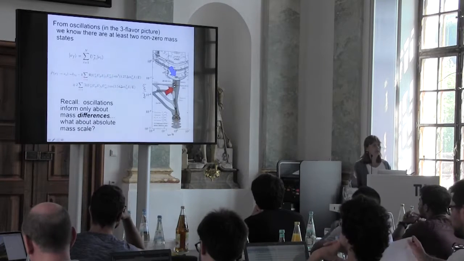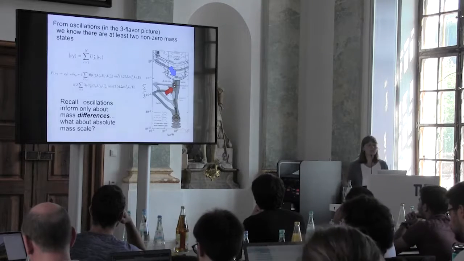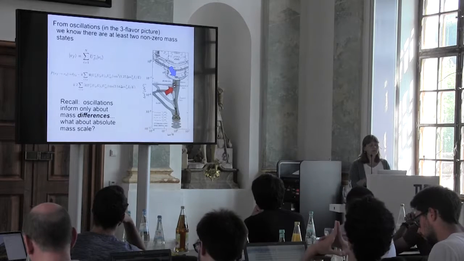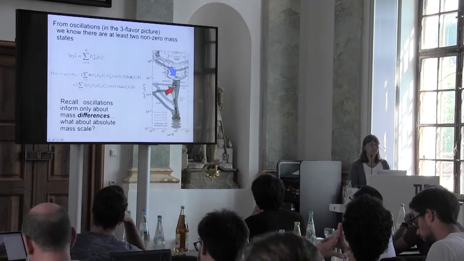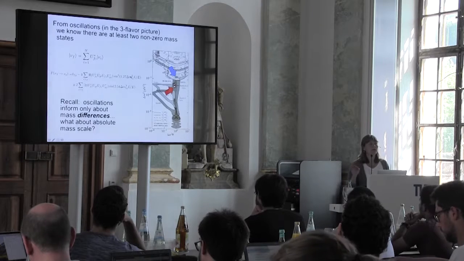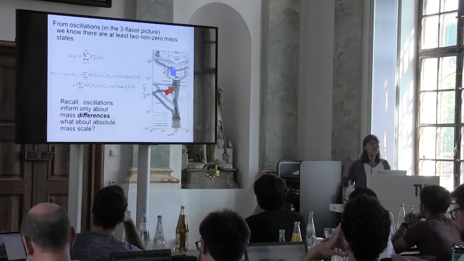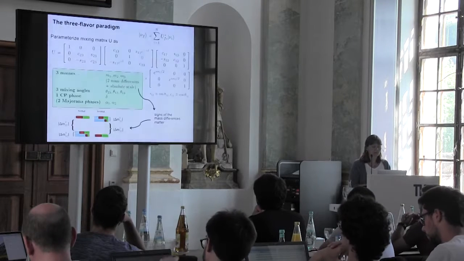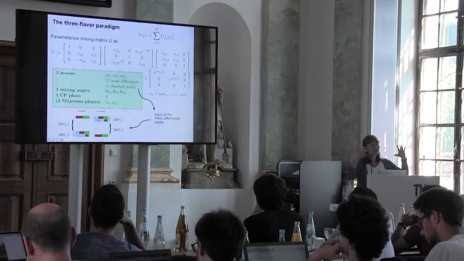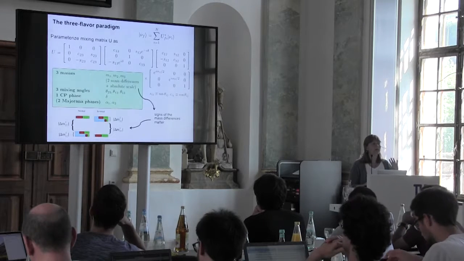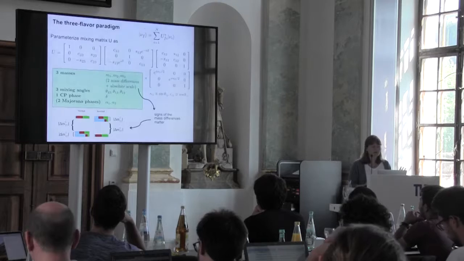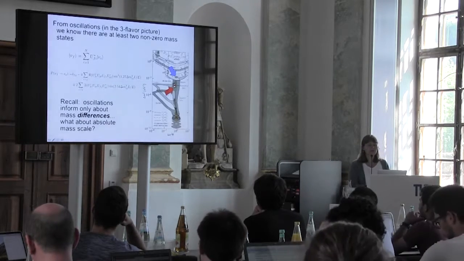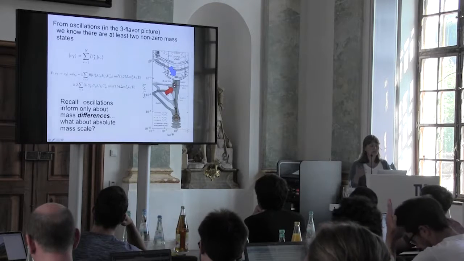Just to remind you that the oscillation expressions coming from this three-flavor picture involve only the squares of the differences of the masses. They do not tell you anything about the mass scale. You get the same oscillation probabilities regardless of the absolute mass scale of the three neutrinos. So this entire pattern here can scale up and down in absolute mass, and you'll get exactly the same oscillation phenomenology. And what that means is that we've made this tremendous progress in oscillation parameter space with these different sectors